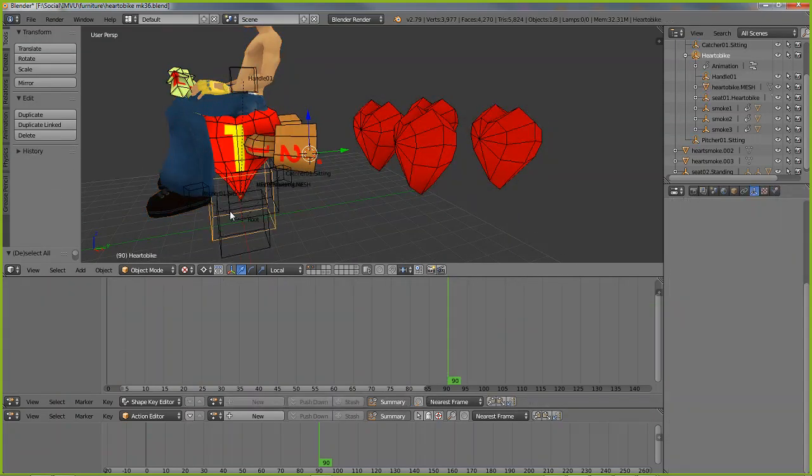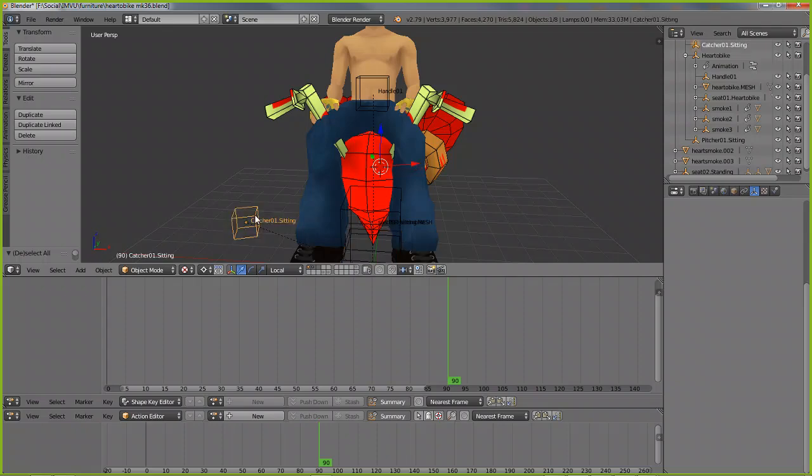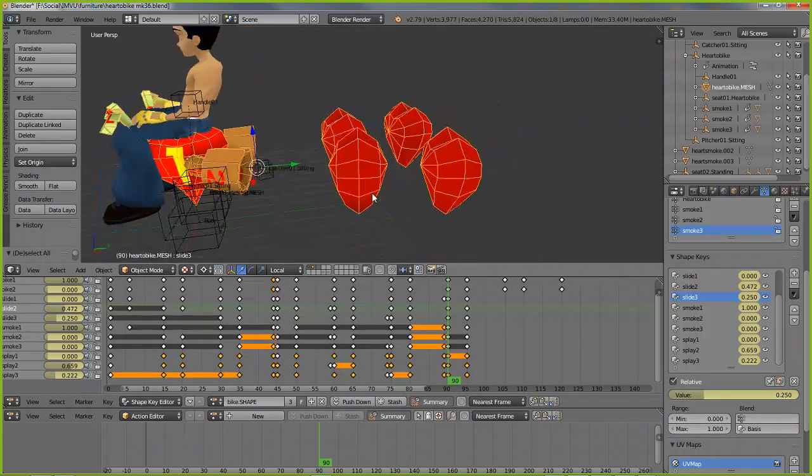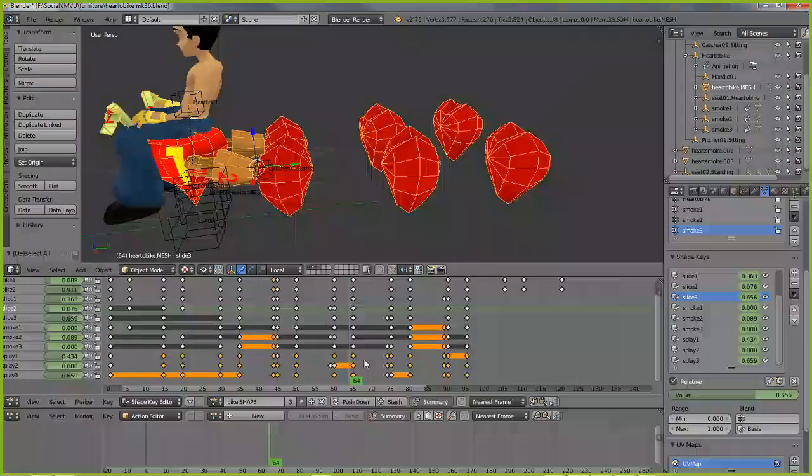It's much easier to work with nodes than it is bones and armatures, but you can do some pretty sophisticated sequences. The only caveat is